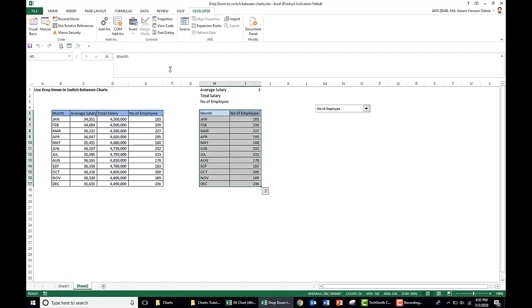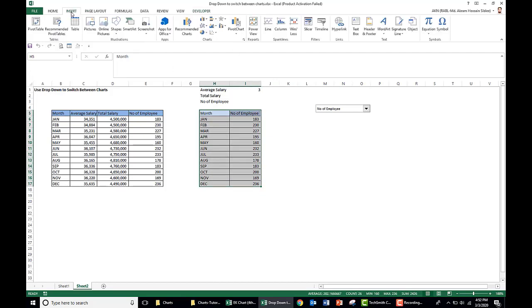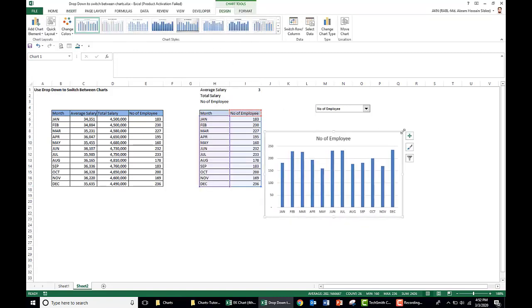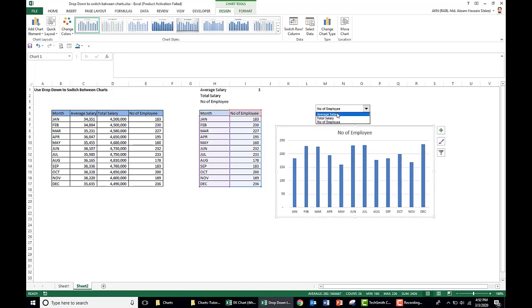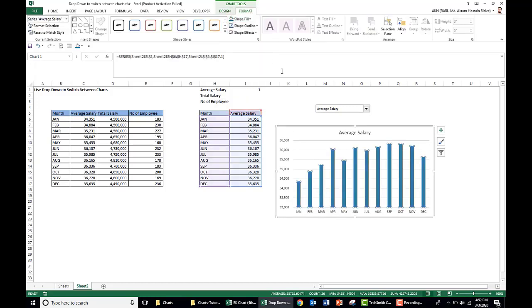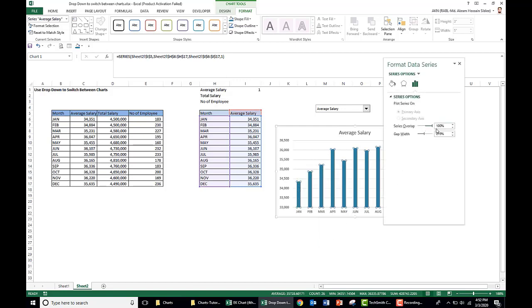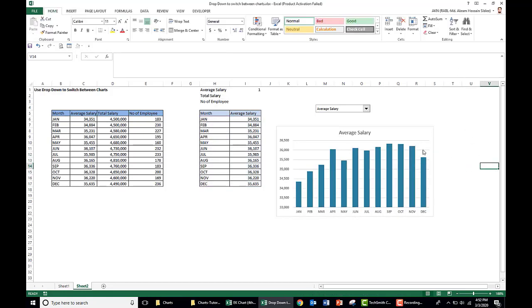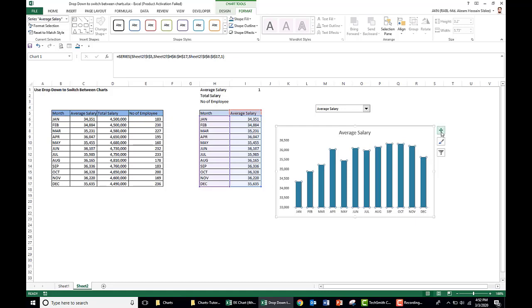Now we draw the bar chart. Select the data, go to the insert and 2D bar chart. Now we edit this bar. Select the bar, go to the format and take shape fill as this aqua. Again right click, go to the format data series, take series overlap say 100% and gap width as say 100%. Now we remove the grid lines, add the data labels here.